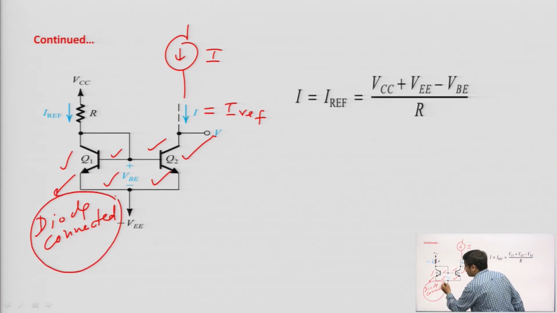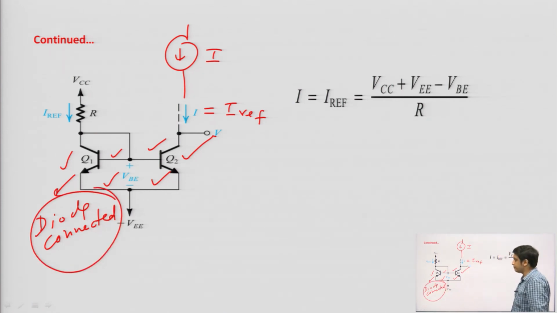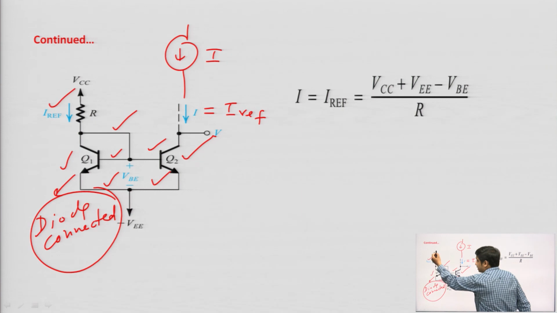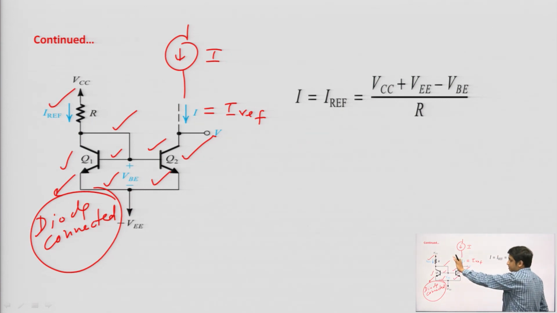If it is diode connected, it will obviously be in the active region, and since it is a current mirror, both Q1 and Q2 should be in the active region. This shorting of the collector and base terminals of Q1 is very important for the copying action. It is called a current mirror because whatever current is at the input, the same current will appear at the output. We will study this current mirror topic in detail in unit 4, fine, where we will do the derivation part also. This is your basic current mirror.